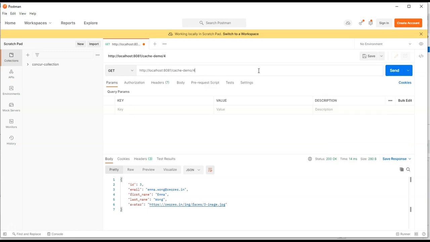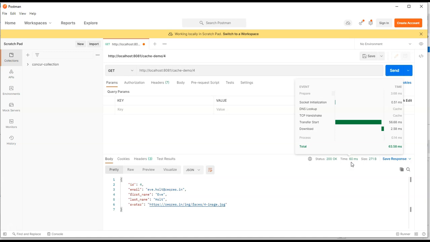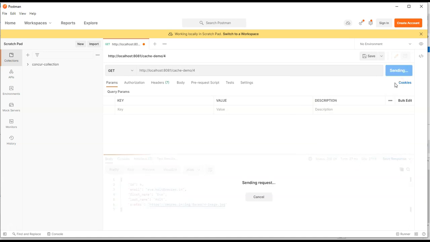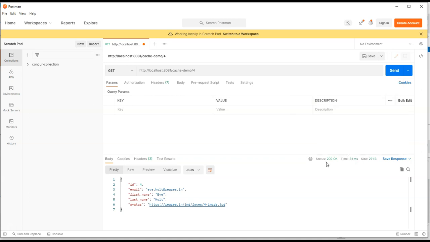Whereas let me send 4, which we do not want to cache using the filter. It took 60 milliseconds. Send again, it took 27. Again, 31. That means a new request takes at least about 20 milliseconds to make the other system call, whereas if we do caching, the response time for the next duplicate request is very quick.